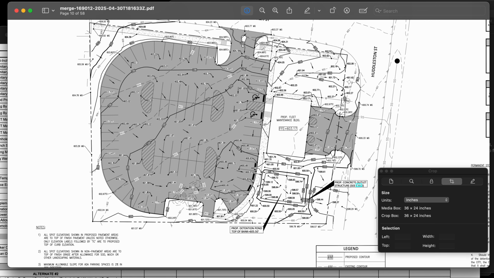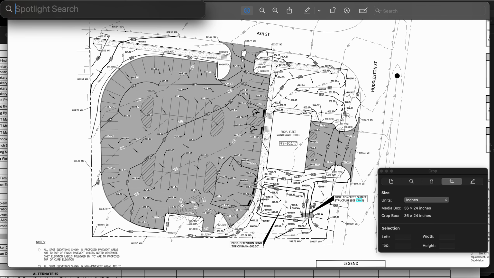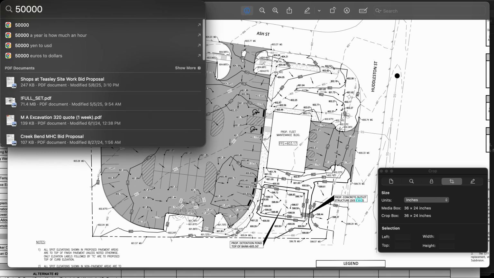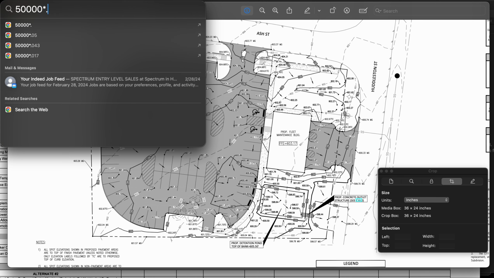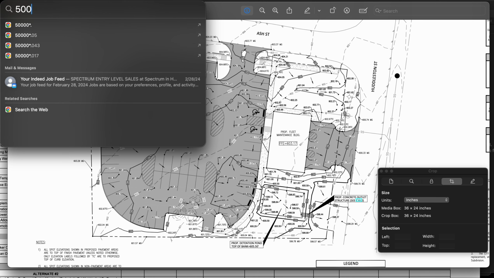So after we do the cuts and the fills and everything like that, you're going to cut the whole job site, 50,000 square feet, around 7 inches. I already did this maybe 30 minutes ago. So you're going to cut this around 7/10 of a foot roughly, all evenly. So the way we do that now is we go down in here, right? And we multiply the total square footage of the job site, which is 50,000, times 0.7. We get 35,000